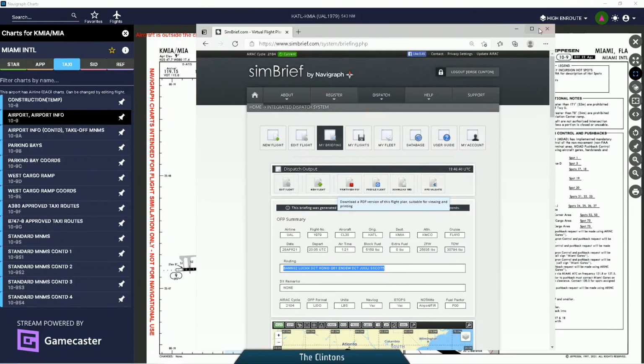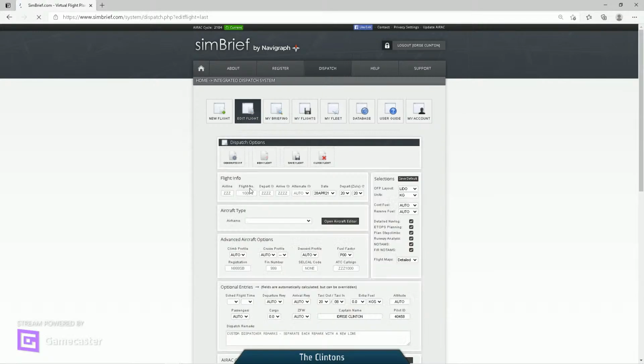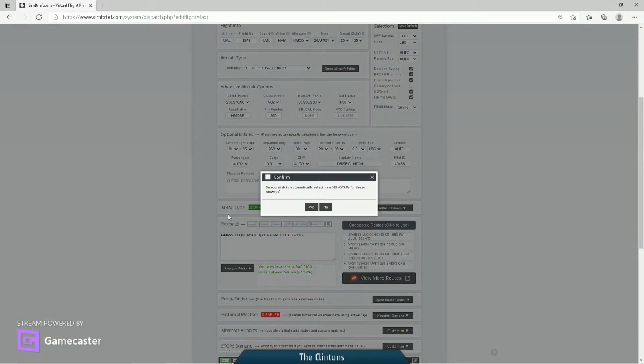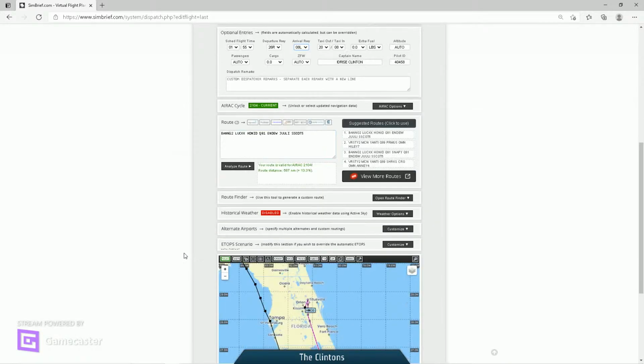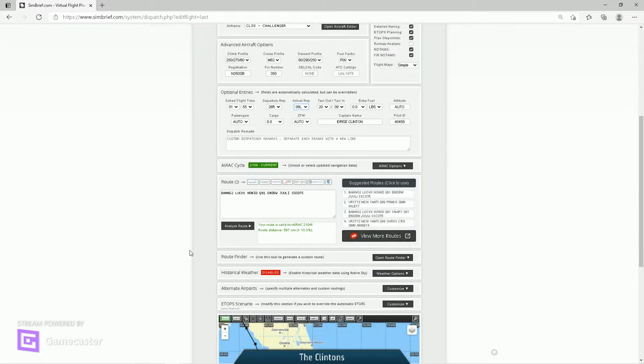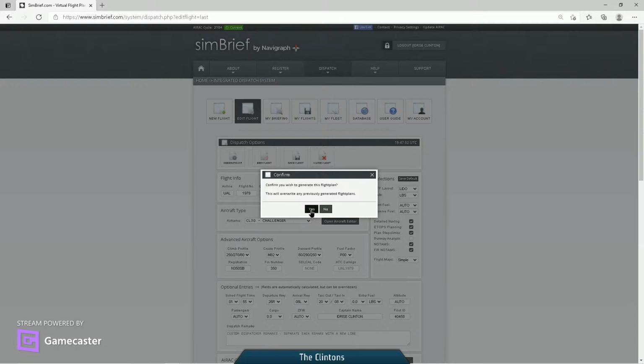All right, so here's SimBrief here. Let's go ahead and amend this flight. Let's edit this, and we want Miami arrival to be 08 left instead. Okay, so that's all set. That's all good. It didn't make any change to our SID, but at least we got it in there. Okay, let's execute that,